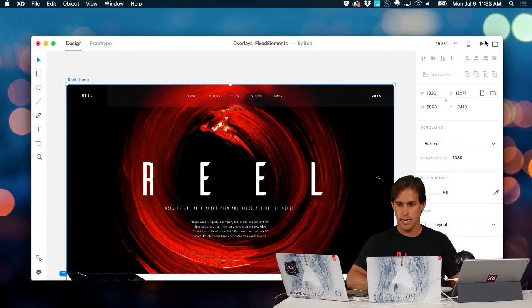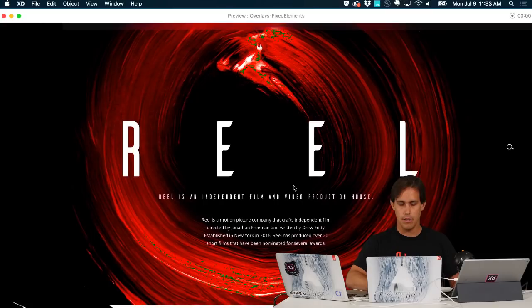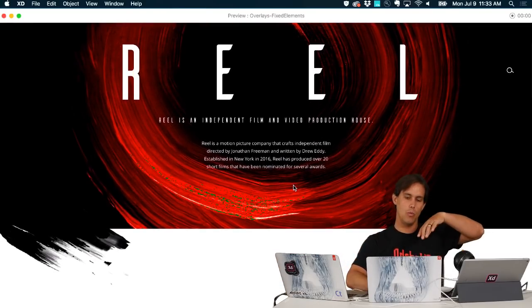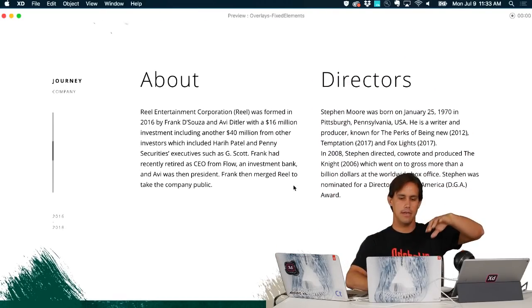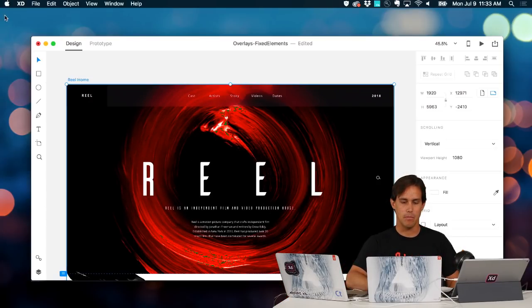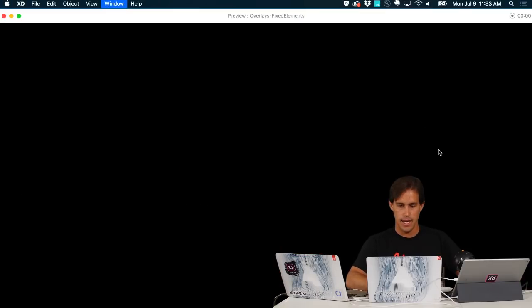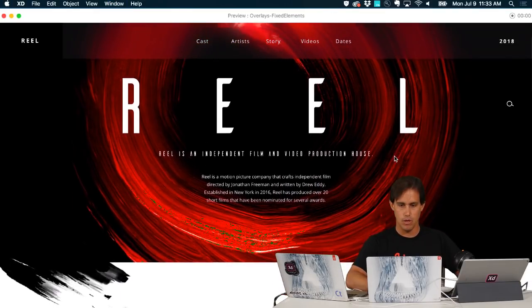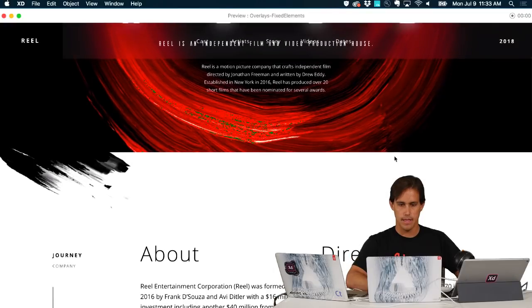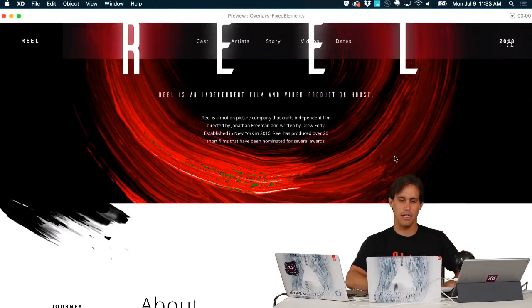But if I don't do anything and if I play this, as you can see, the top bar stays with the scrolling scenario here and it goes up, but I want it to stay fixed, and that guy has a background blur applied to it. So here what I can do is select the entire bar and tell it to stay fixed, and that's it. So now it will stay fixed